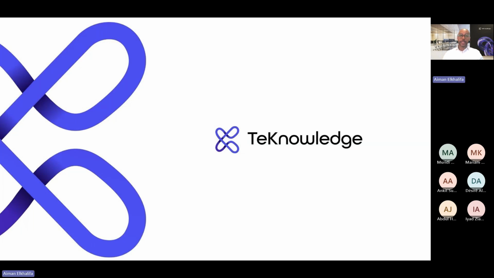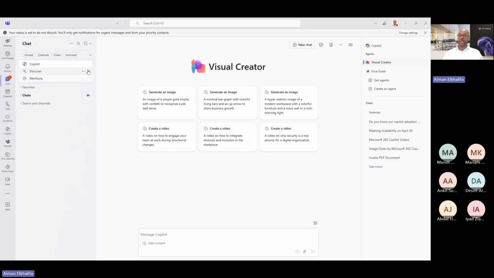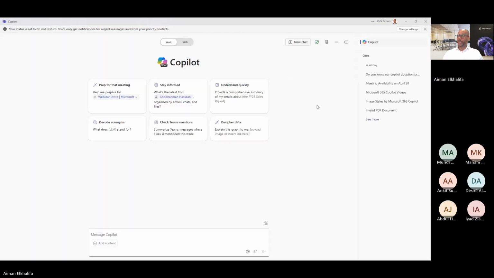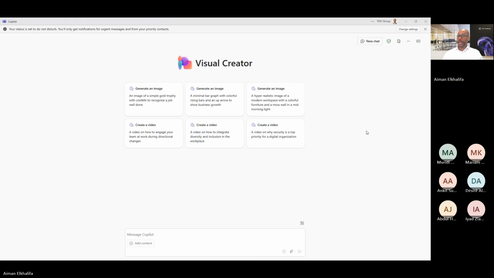So I'm gonna use my, thank you, Desiree. I'm gonna use my visual creator. I'll just click on the Copilot here, more options, and then I'm gonna pop this out to get a bigger window where I can zoom in and enlarge the prompts for you. Anyway, I'll be sharing the prompts with you. Okay, so